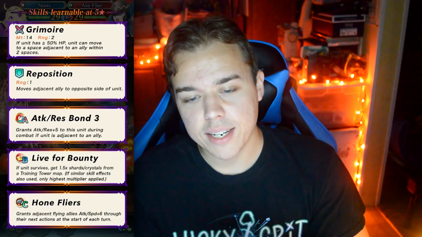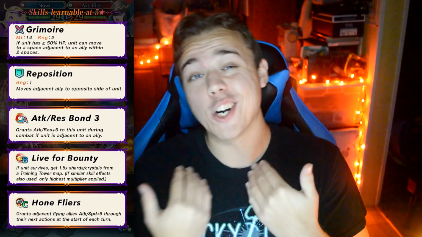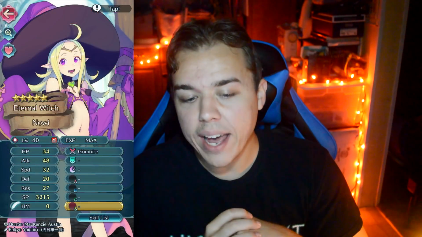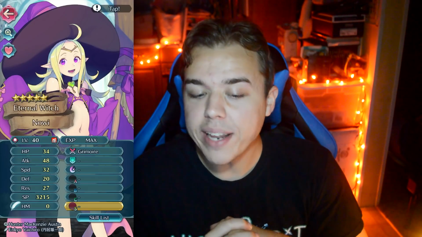So this is the second unit in the game that comes with Hone Flyers, and that's pretty solid. But the thing is, she's going to want the Hone Flyers on herself. We'll take a look at her stats in a moment, but she will want that, so you still need somebody else to be buffing her. But it is nice that she comes with that, so she's going to help out your other Flyer units for sure as well. So as far as stats go, we're looking at 34 HP, 48 attack, 32 speed, 20 defense,